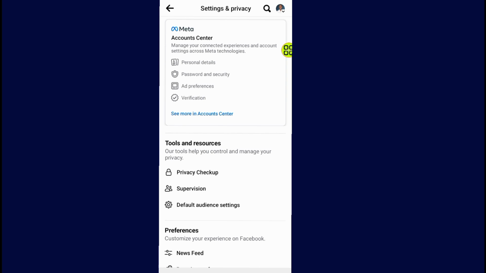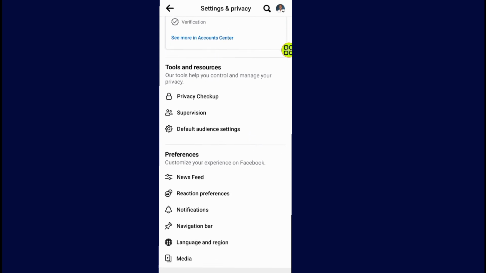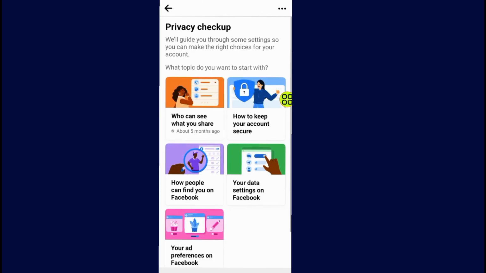After you open setting, scroll down. As you can see now, there's an option here, it says privacy checkup, so tap on it. After you come to this privacy checkup, as you can see now, there are three options that you just want